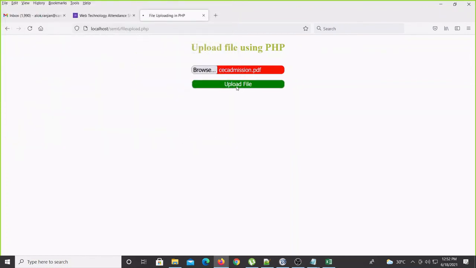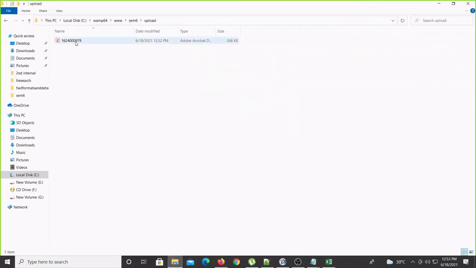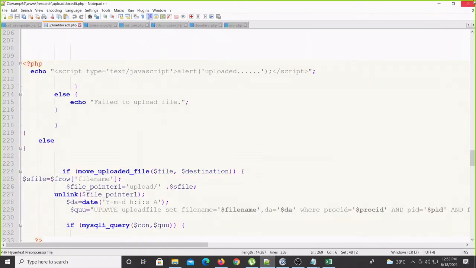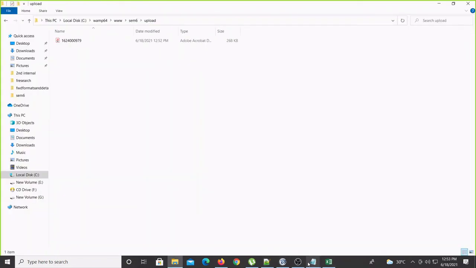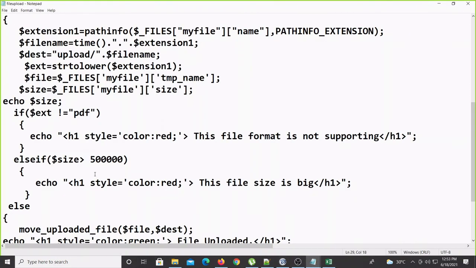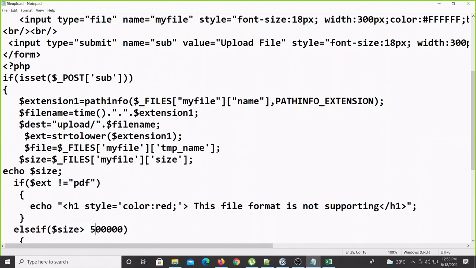Yes, upload, file uploaded. Okay, open folder, you see file is coming there, but you see the file name here, 1624009799, like this it came, because this is the current timestamp only. Okay, now the same again, and I'm just giving some other things. You see here extension of the file type is there now. Before that I'll add here CEC and then timestamp, then this one. You see the file name again changed.